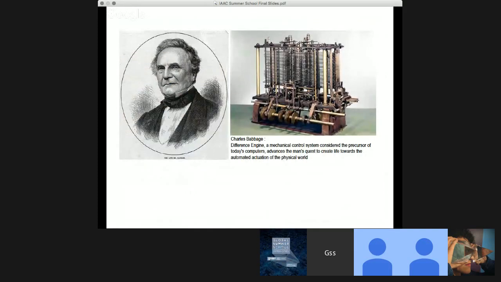A few decades later, in 1822, Charles Babbage's proposed machines would advance man's quest to create life towards the automated actuation of the physical world.